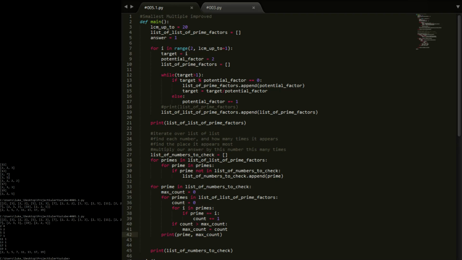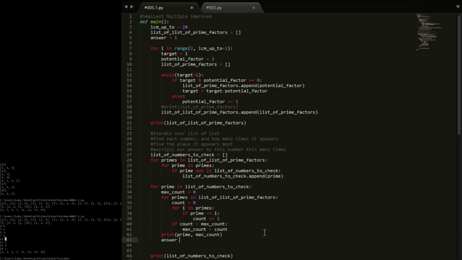Okay, so what this does, in a really complicated way that there's probably a way better way of doing, is exactly what I wanted it to. It checks how many times each number appears. You can see here, when it's printing the prime and the max count, the prime's 2, and it says what's the maximum amount of times that 2 appears. Well, it's 4. So we know we want to times our answer by 2 to the power 4. Now the next one, 3 appears twice, so we want to multiply by 3 to the power 2. Now we want to multiply by 5 to the 1, 7 to the 1, 11 to the 1, and so on. So if I add this line in,